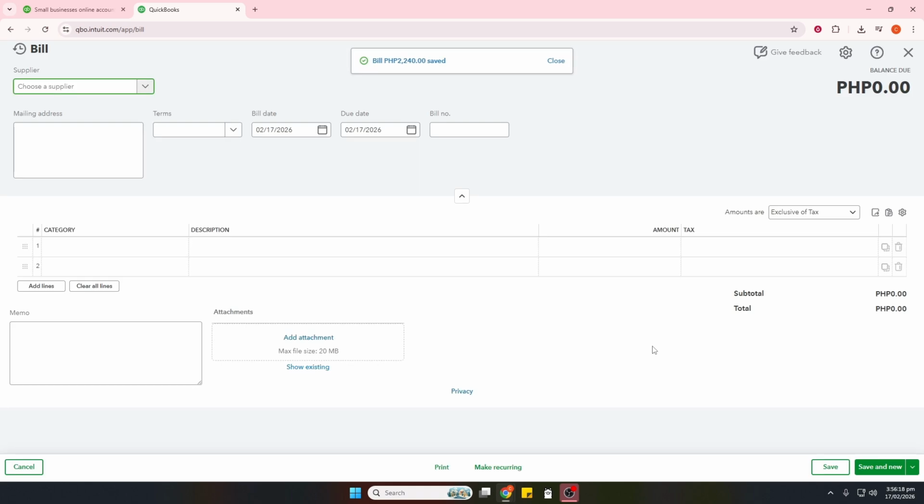After saving, QuickBooks updates the bill status to paid, reduces your accounts payable, and posts the payment from the selected bank account. If you ever want to confirm, open the bill again and you'll see it marked as paid with the payment details attached. That's it, you've successfully recorded a bill payment in QuickBooks. Repeat the same flow anytime you need to clear open bills and keep your vendor balances and cash accounts